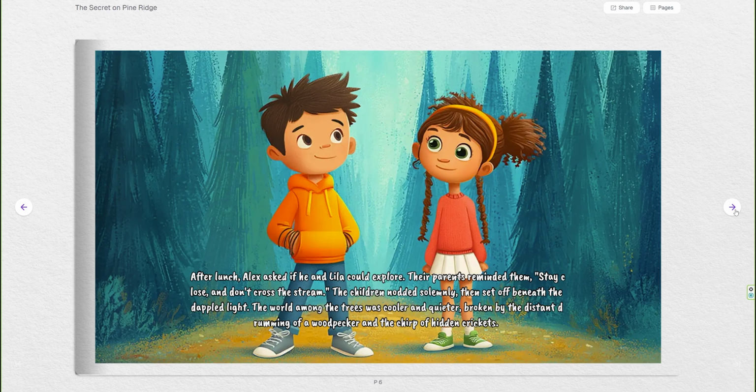After lunch, Alex asked if he and Lila could explore. Their parents reminded them, "Stay close and don't cross the stream." The children nodded solemnly, then set off beneath the dappled light. The world among the trees was cooler and quieter, broken by the distant drumming of a woodpecker and the chirp